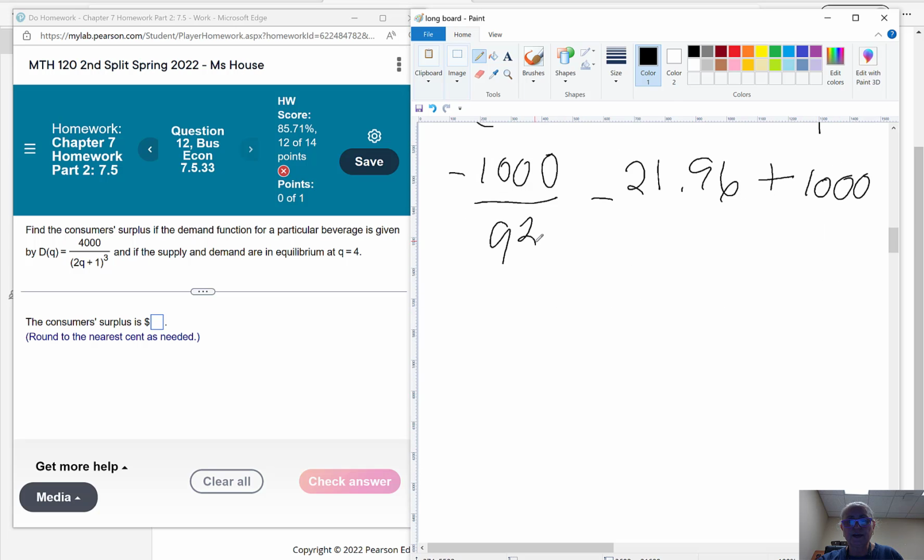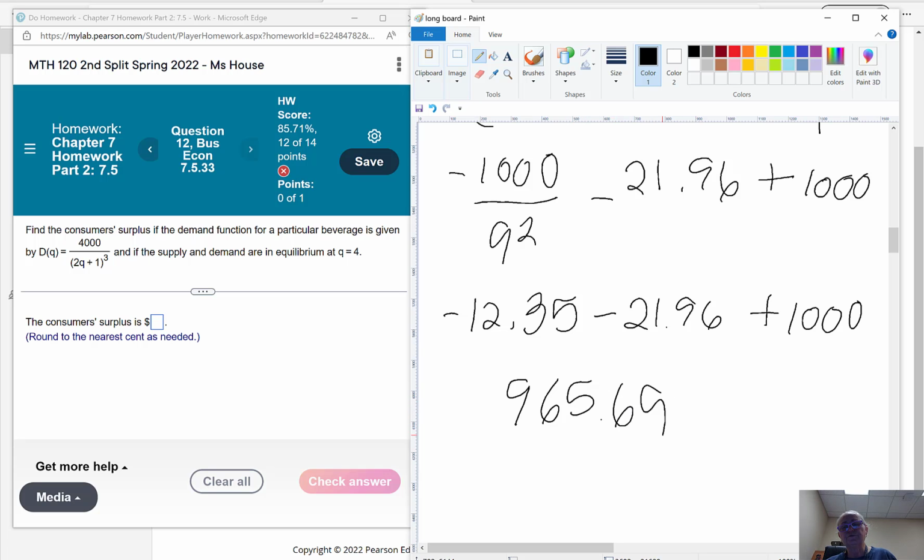So negative 1,000 divided by 9 to the second is negative 12.35 if you round, minus 21.96 plus 1,000, and we'll do negative 12.35 minus 21.96 plus 1,000, and that's